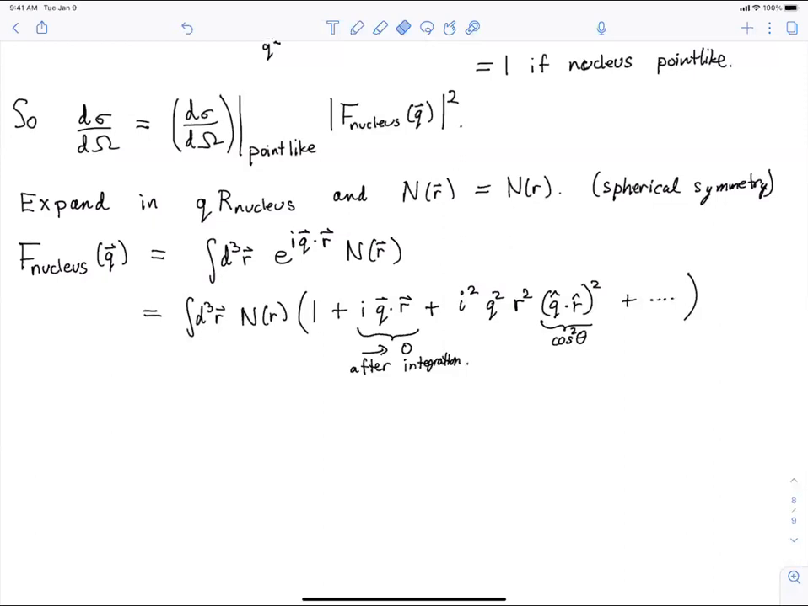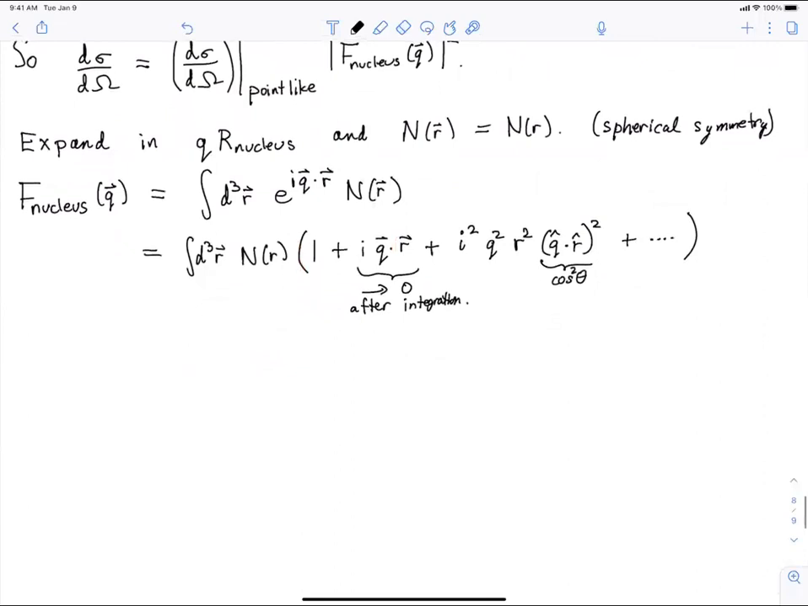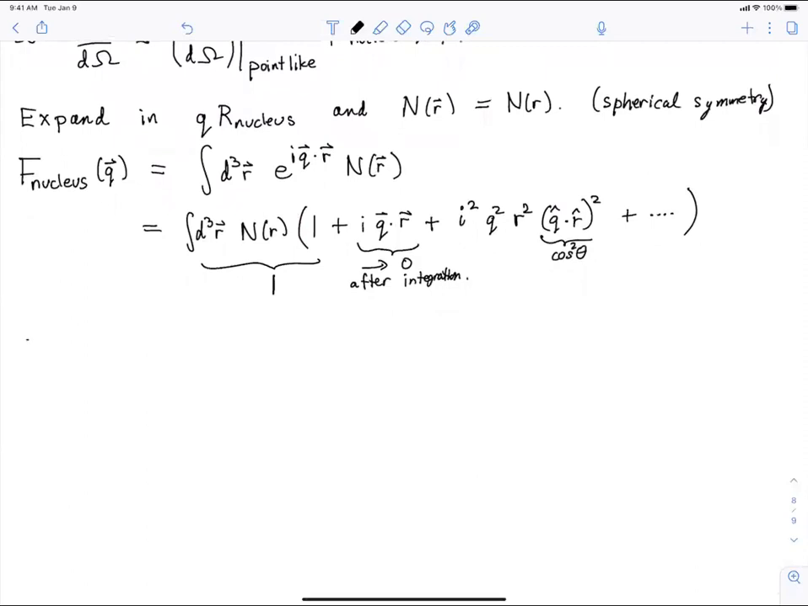Another way of saying it is that because it's spherically symmetric, if this thing didn't vanish, if I just look at this integral here times that, there's no special direction for that thing to point, so it has to vanish. Okay, so that part's 0. And then this part, if I do the integral of n of r, we defined that to be 1. And so this whole thing is 1